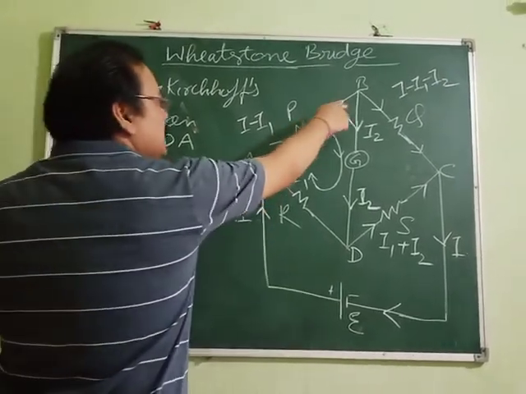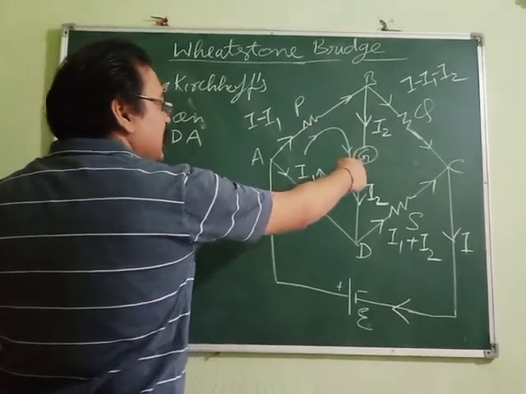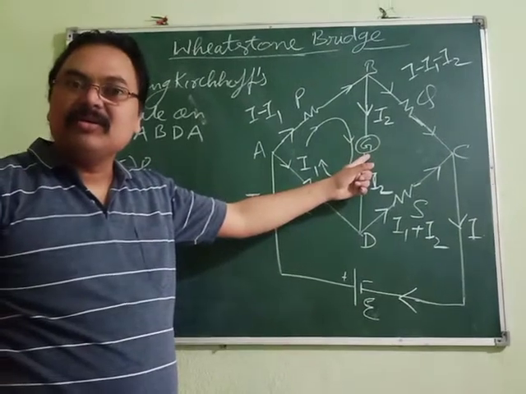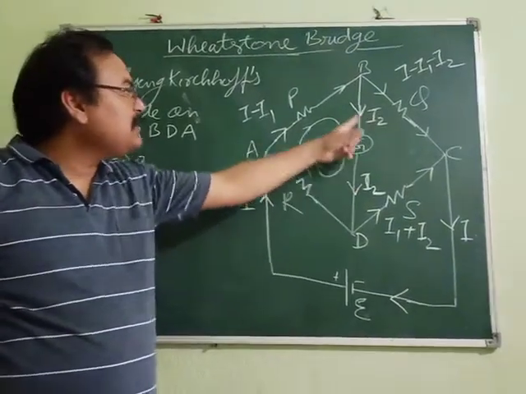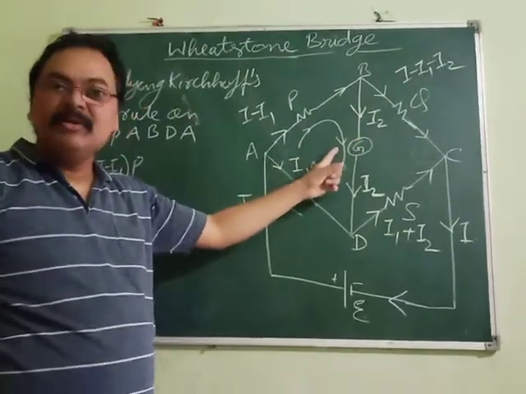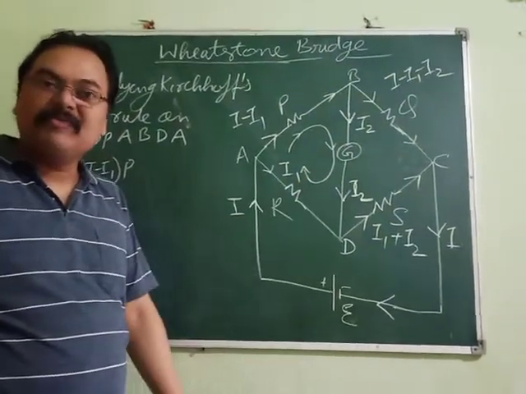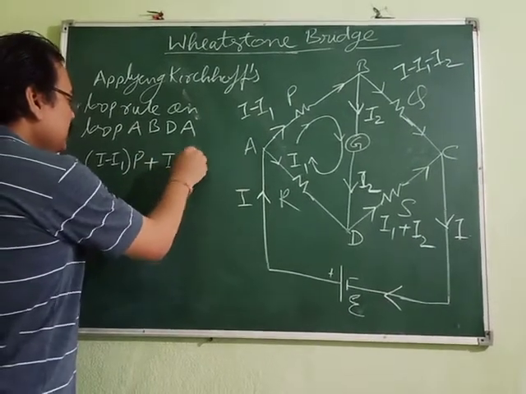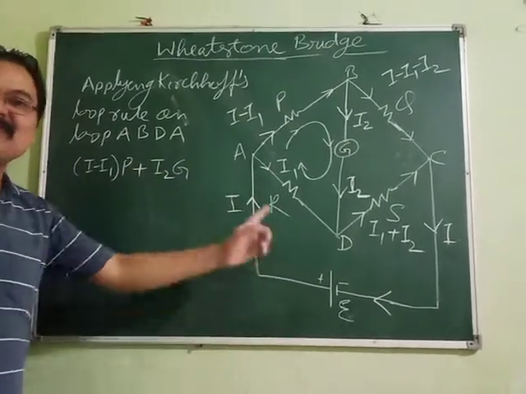When we move ahead, see, we are going like this, we get this galvanometer. The resistance of the galvanometer is capital G, and the current is I2. And both the direction of current and the direction of motion are the same. So again here also the potential drop will be positive. So it will be I2 into G, because G is the resistance of the galvanometer.